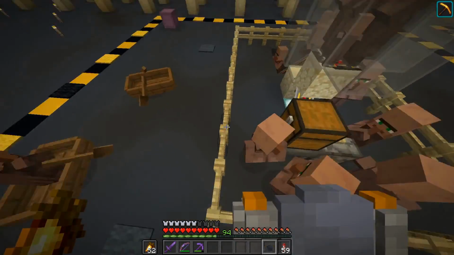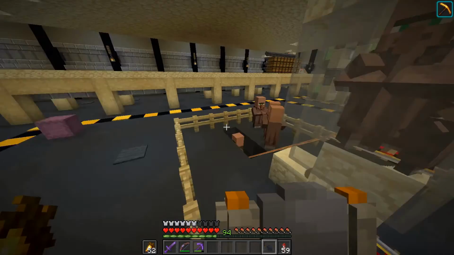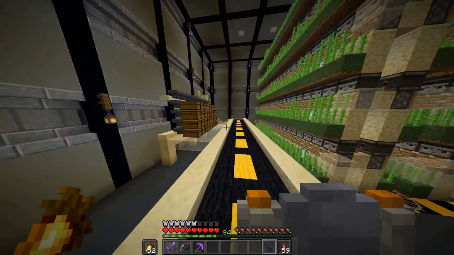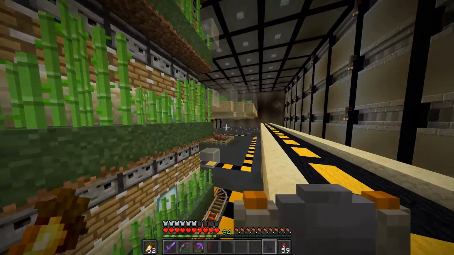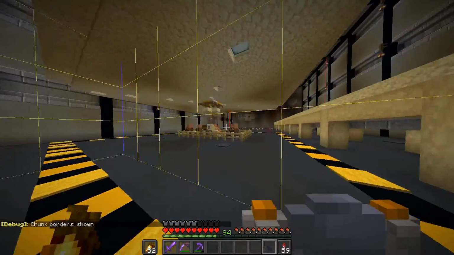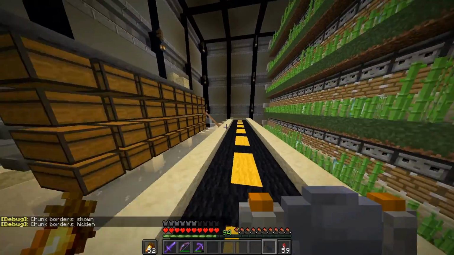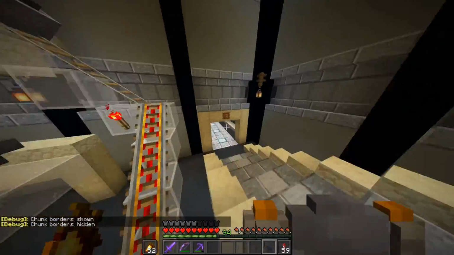I have this fence to stop them, but they just keep on moving out, so I'm not exactly sure what I can do about that. It was the chunk border that causes this, as I may have mentioned before. I don't know. I've gone through a lot of footage that I've not used, so if I do repeat myself,